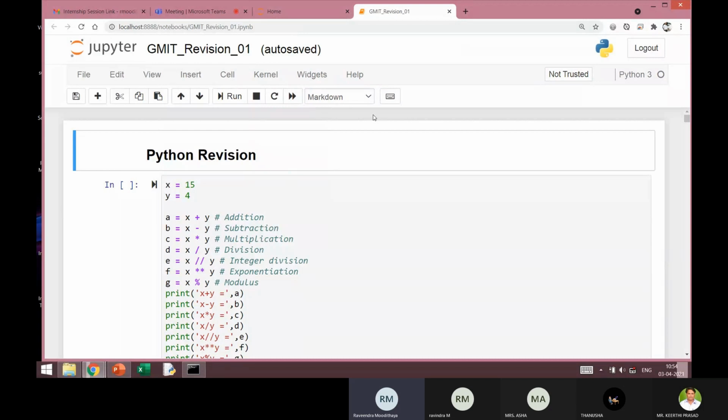This Jupyter notebook opens up in a web browser, whichever is the default web browser that you have set. And you can see that there are different cells here. Now, this cell can be configured as a code cell or a markdown cell or a raw text cell or a heading cell. By default, it will be a code cell. So whatever you type there will be considered as valid Python code.